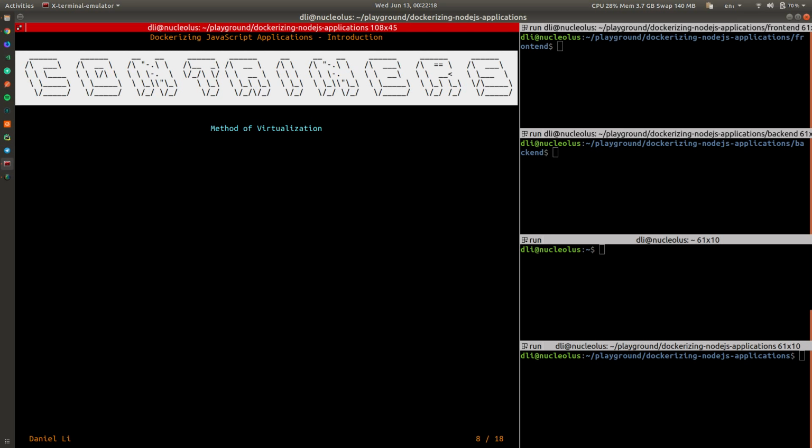Here's where containers come in. I'm going to tell you what containers are, and then we're going to use it to deploy an application, and then we're going to go back and see how that solves the issue we just raised. So first, containers is a method of virtualization. What that means is that it allows you to run applications in an isolated environment. You can install all the dependencies within the virtual environment,